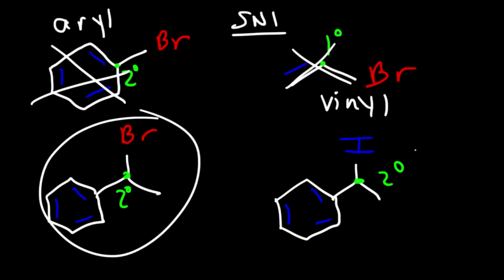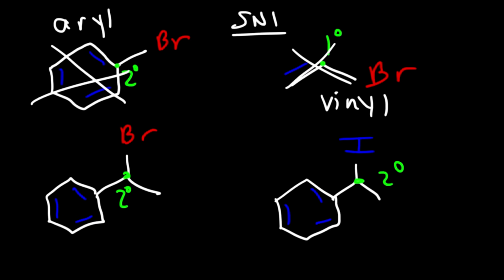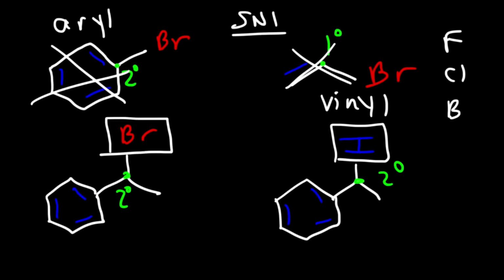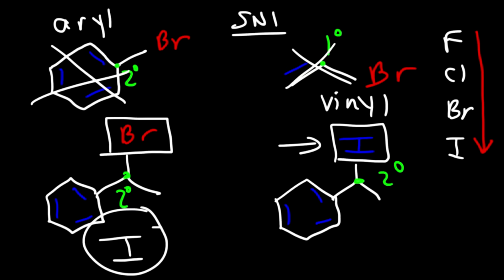Now, these two, they have the same structure. Benzyl halides work very well for SN1 and SN2 reactions. So the real thing we need to look at is the leaving group. Which leaving group is better, the bromide ion or the iodide ion? If we look at the halogens, fluorine, chlorine, bromine, and iodine, we know that in a periodic table, as you go down, atomic size increases. So iodide is bigger than bromide. And iodide is the better leaving group because of that. Because iodide is bigger than the bromide ion,